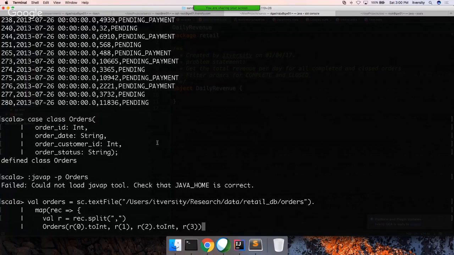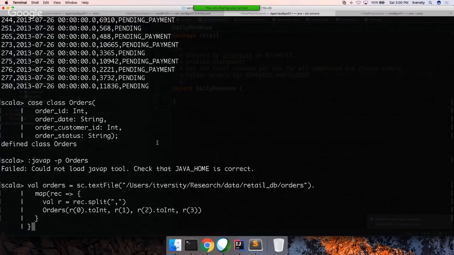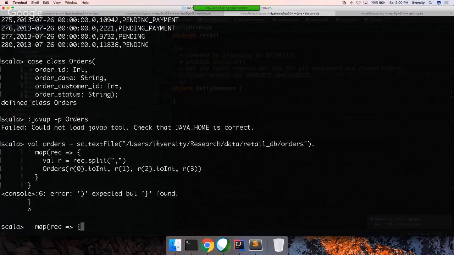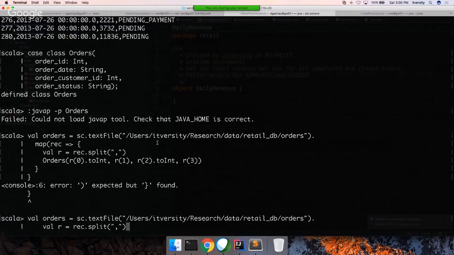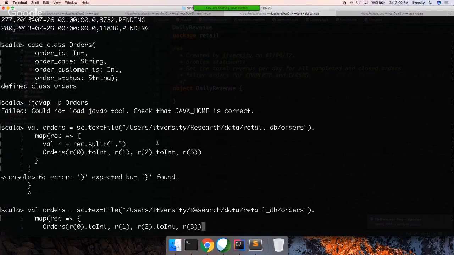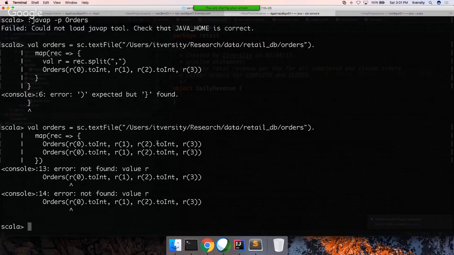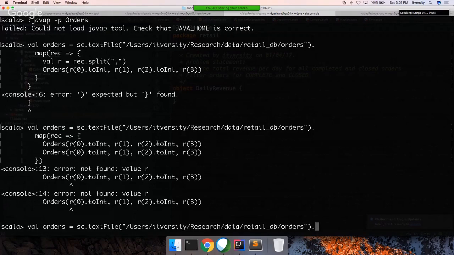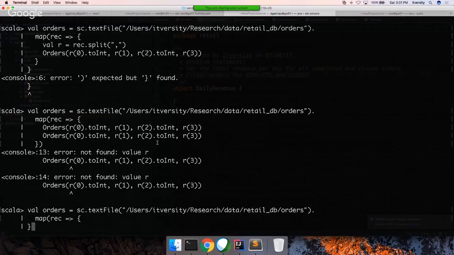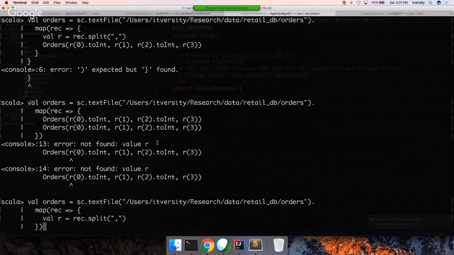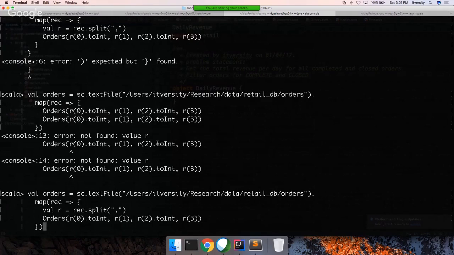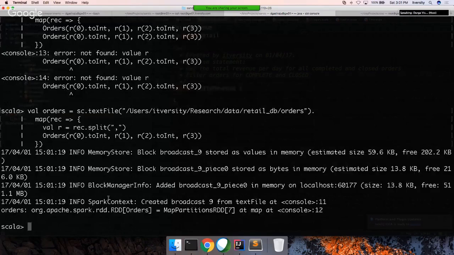Okay, and then if you hit enter, yeah. Now you should see the new RDD by name orders is created after applying the map function, and each